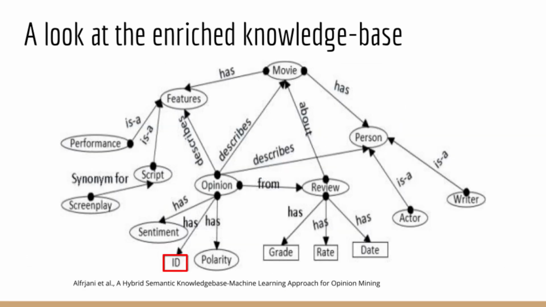Here's another look at what the knowledge base or domain concept map for the movie opinion review could resemble in its structure. Note that the IDs of individual reviewers can be saved into the knowledge base as relations to their opinions or reviews, possibly allowing reviewer-specific sentiment analysis as well. Next, we will look at some of the results from some of our articles that employed knowledge bases for classification and enrichment with and without machine learning.